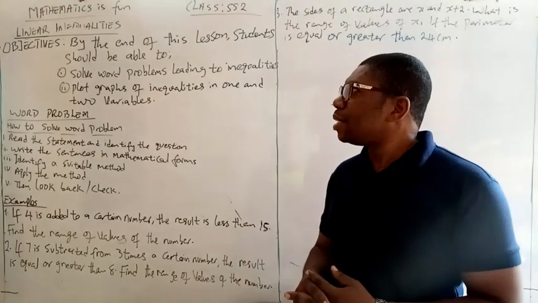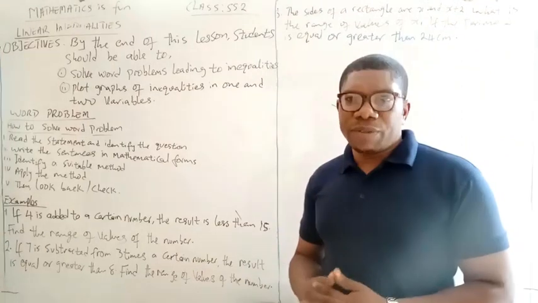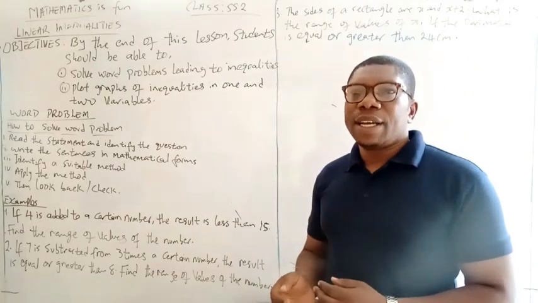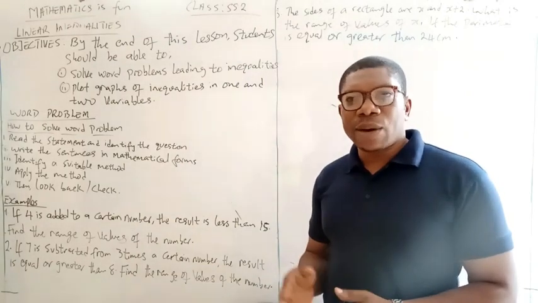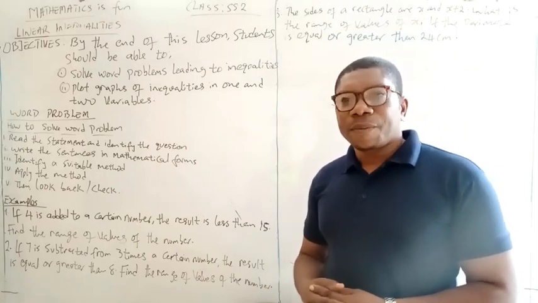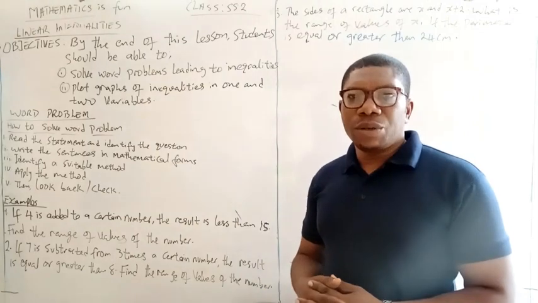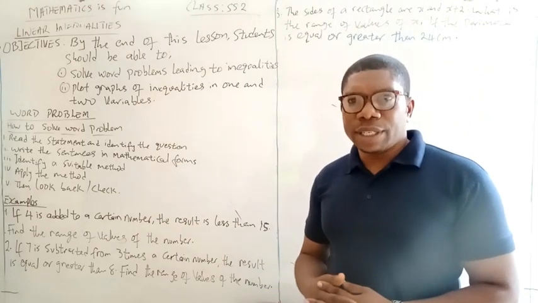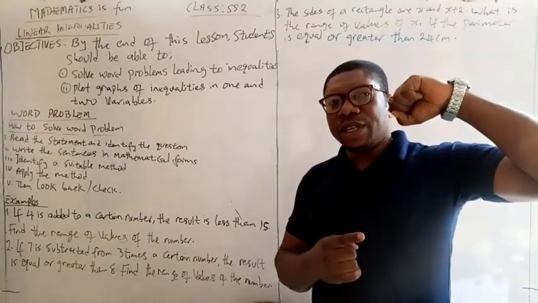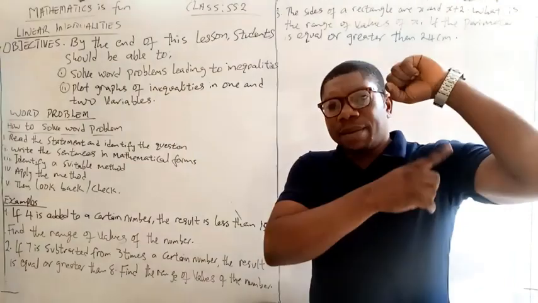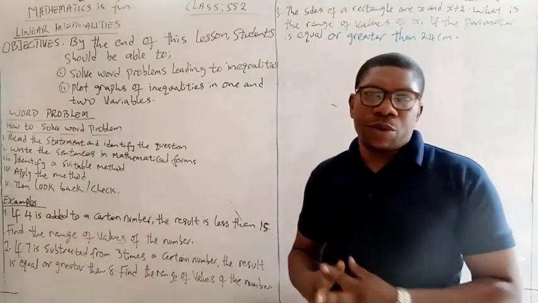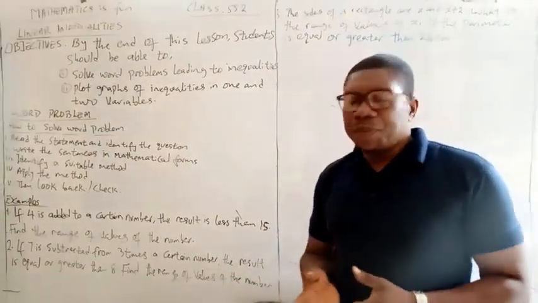I'm your math teacher, and I want to continue. We defined inequalities as a relationship between two numbers, quantities, or expressions that are not equal. And we were made to understand that there are symbols we use in representing inequalities. We have less than, like I mentioned the other time. This left elbow represents less than, and greater than is the right elbow. And we solved some questions,